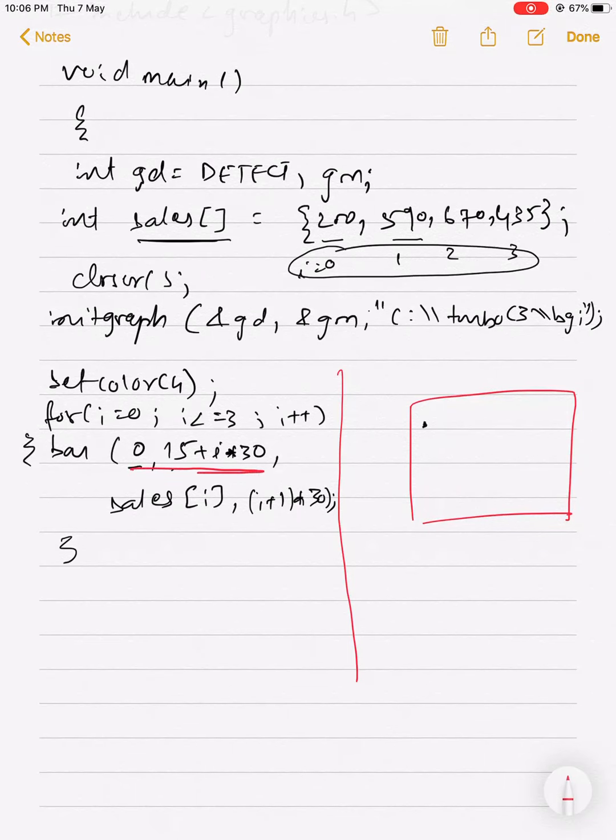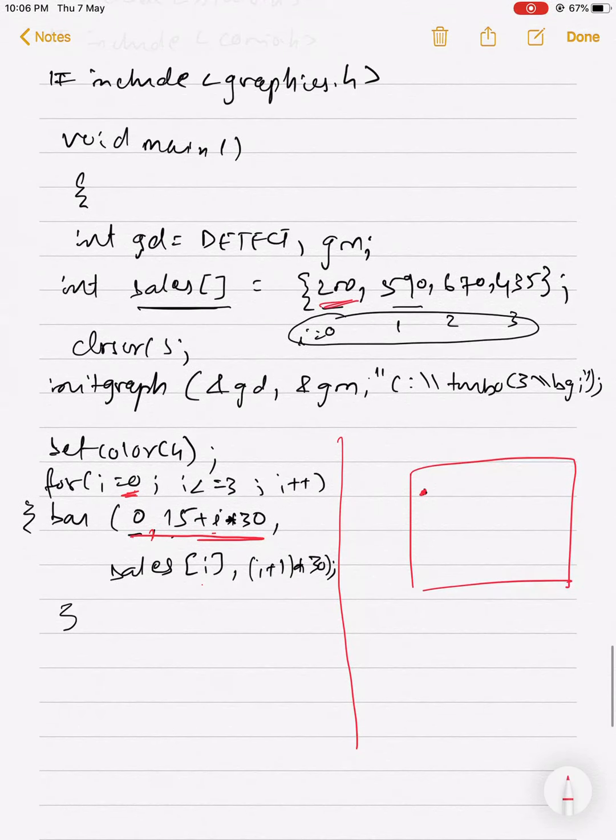First point, 0 comma 15 plus i into 30. Initially i is equal to 0, so 0 comma 15. This is the point 0 comma 15, my top left coordinate. Now sales i, sales 0, is nothing but 200.